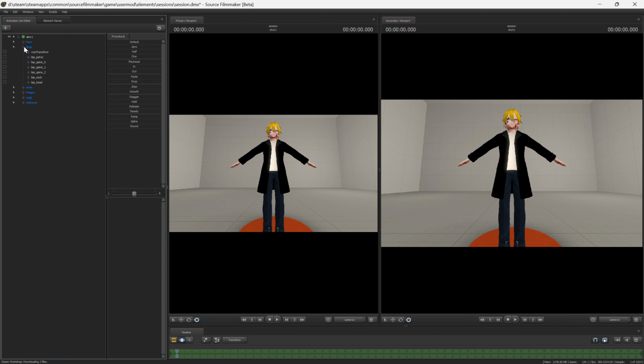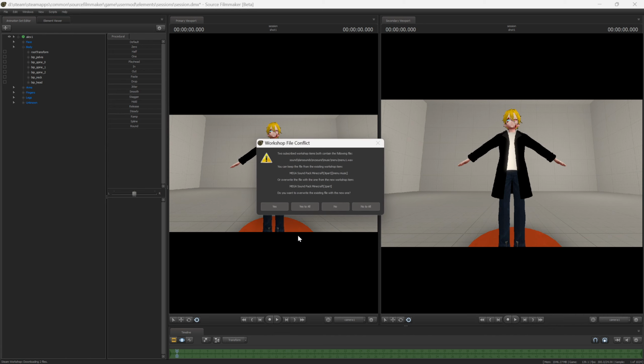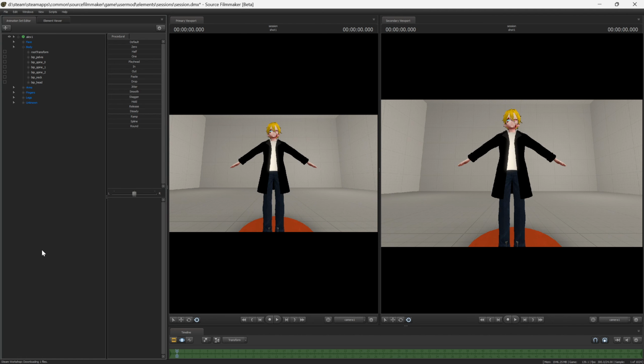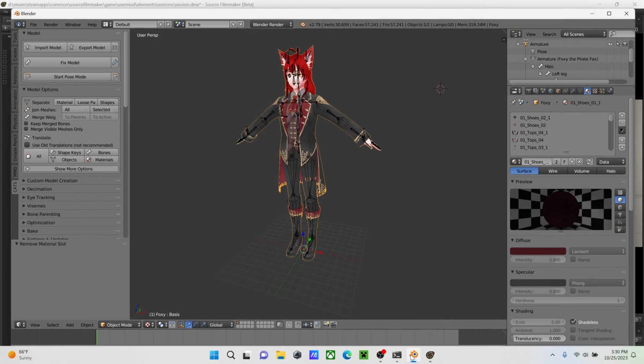So first things first, we're gonna do body. The main thing is BIP underscore name of the bone and then a number if there's multiple segments. Thank you, Source. We are all done. So first things first, we're going to do the main body. We're going to do the pelvis, the spine, the neck, and the head. So back into Blender,